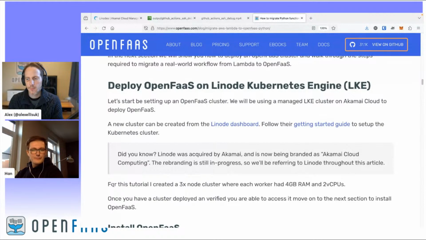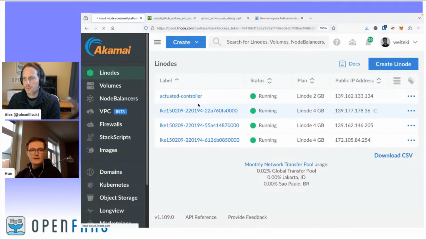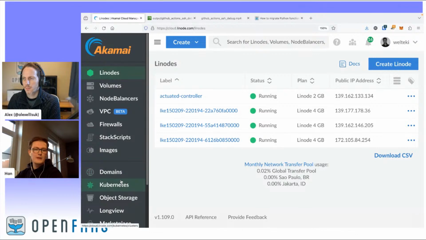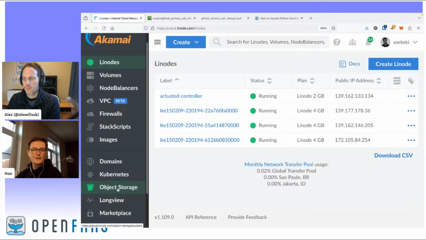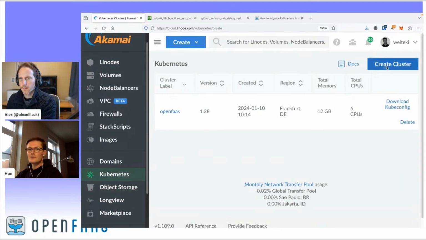So for deploying our functions, we'll of course need to have our cluster. We are going to create a Kubernetes cluster, on Linode or Akamai as the rebranding. I already went ahead and set up a cluster beforehand, a 3-node cluster. You can choose to use Terraform or just their dashboard. It's really easy. Go to the Kubernetes tab, and here you can just create a cluster,